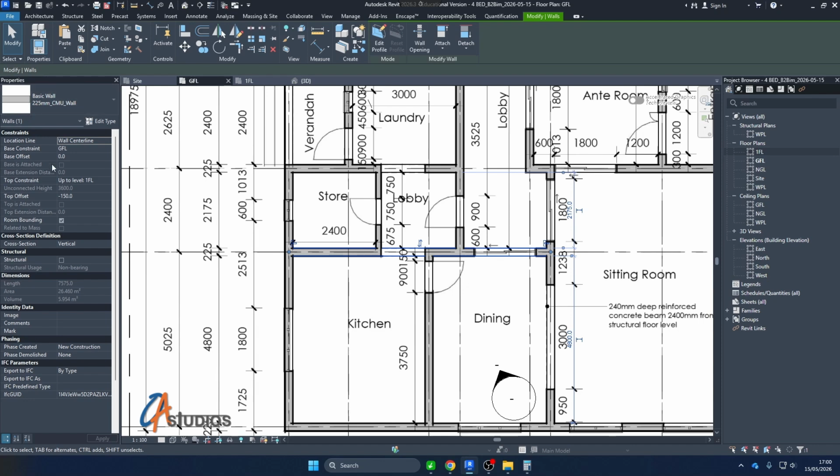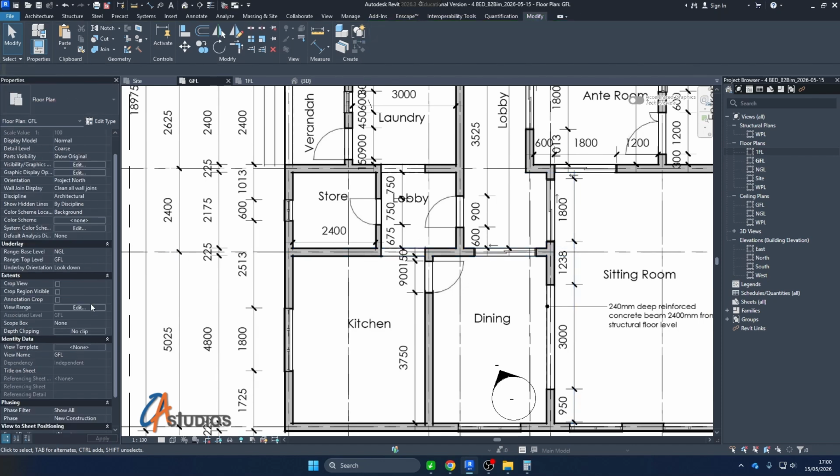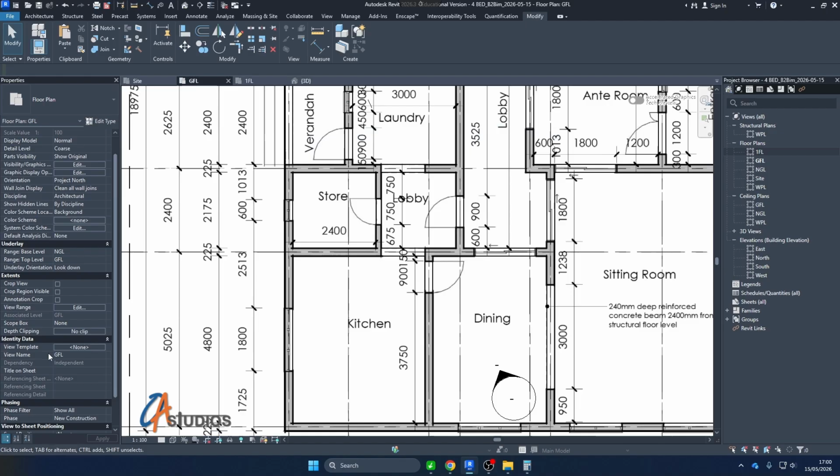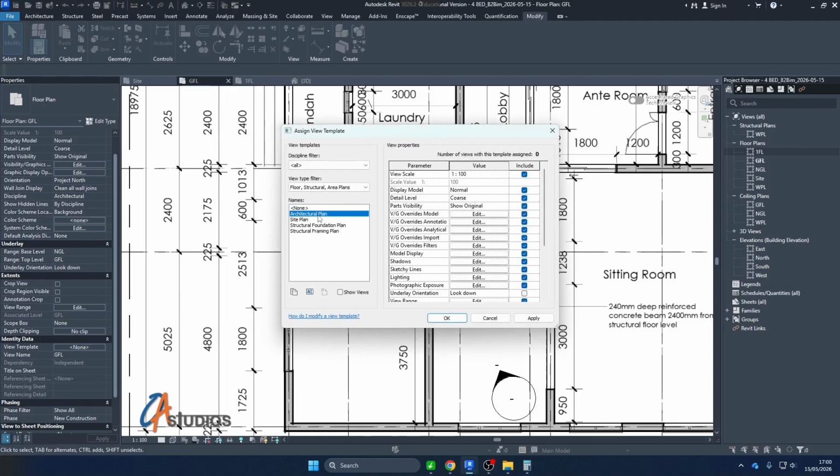But I would rather just do it in the visibility graphics. The faster way would have been using a view template, so that we can also apply it to the first floor. Maybe that's what we'll just do. So I'll just create this view template. Under identity data, view template, new architecture plan,